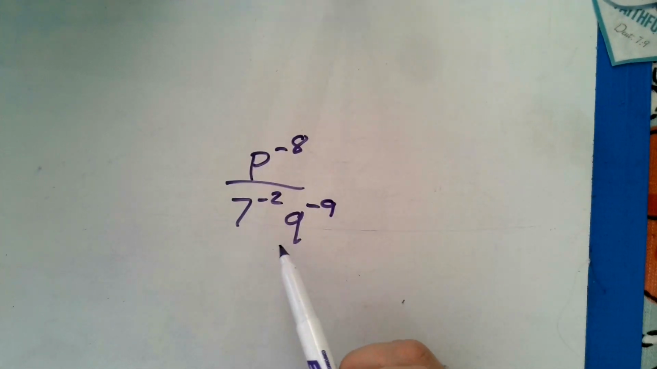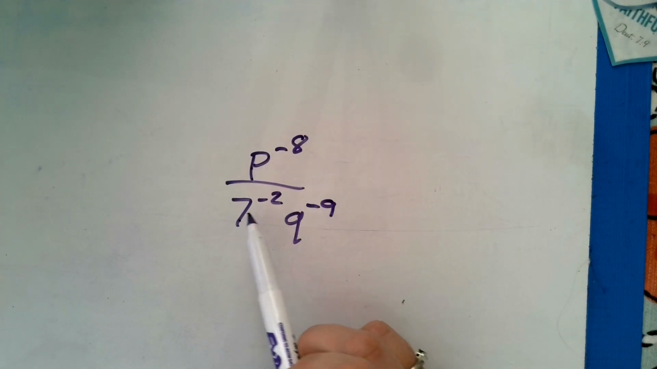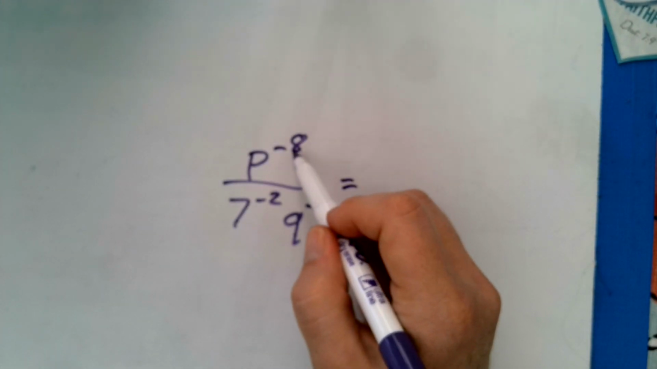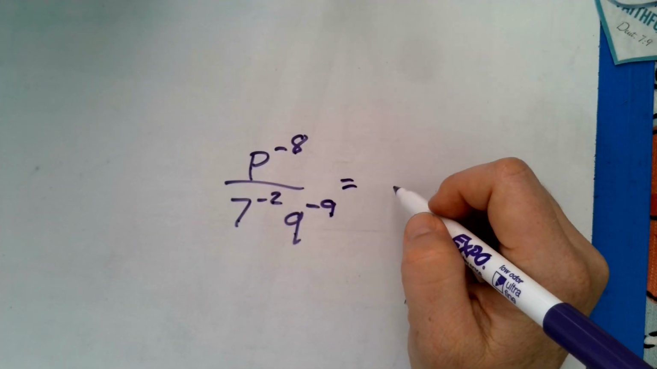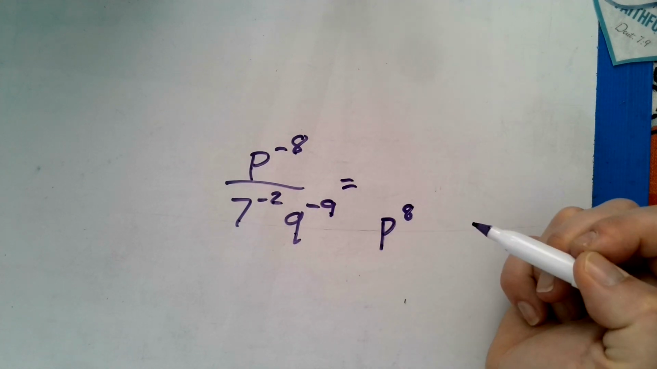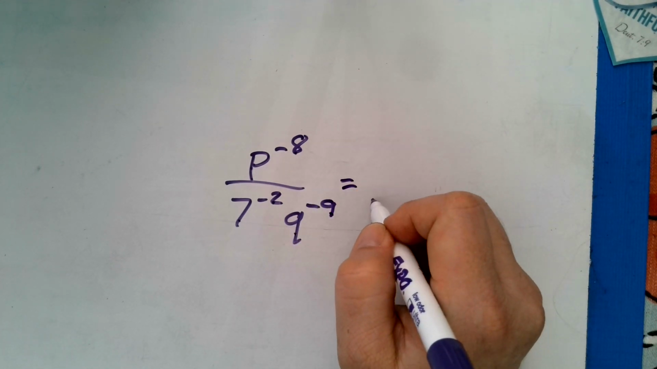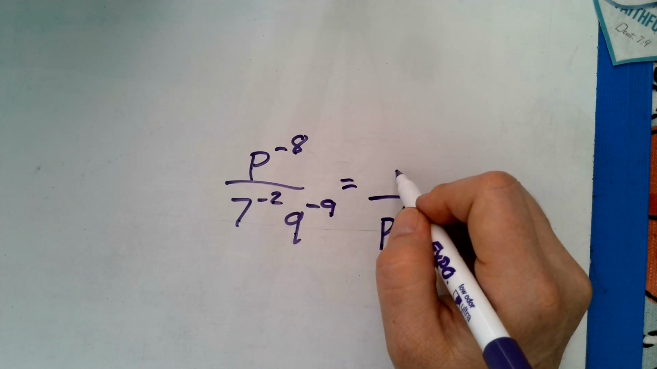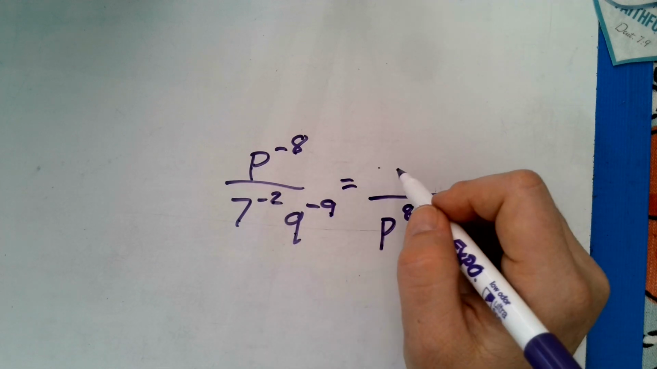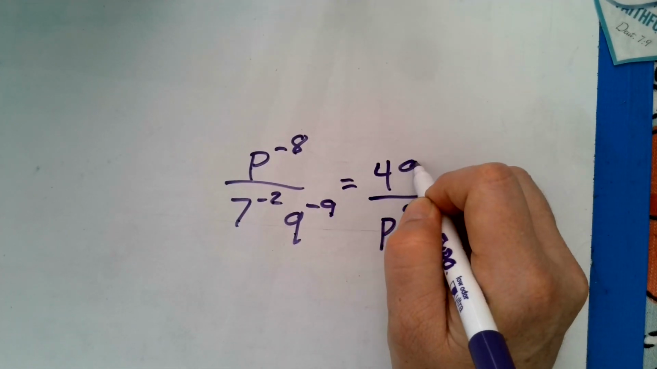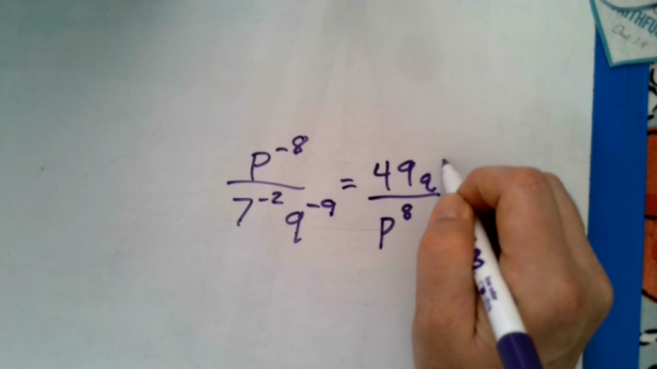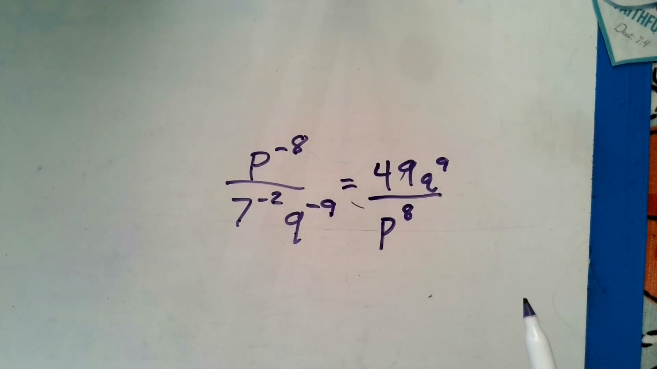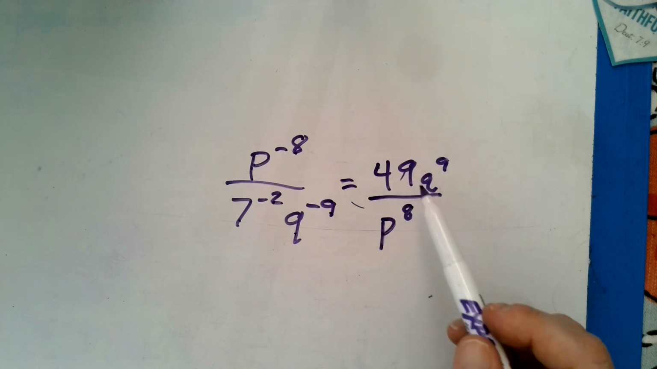Okay, again, our strategy is to write this all with positive exponents. So the first thing we're going to look at is the base and see if any of the bases are the same, and they are not. So what we're going to have to do, since every exponent is negative, is completely flip this over. So we're going to put p to the eighth on the bottom. You notice because it's on the bottom, it's a positive exponent, and then everything else on the bottom is going to go to the top. So 7 squared would be 49, and it would be q to the ninth. So you are going to work out any constants that are squared